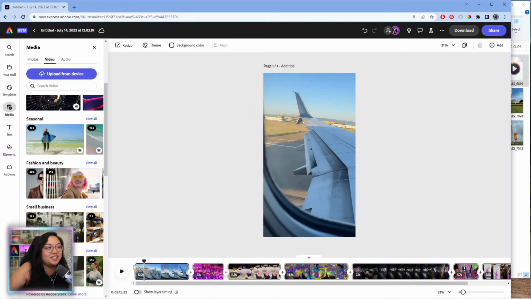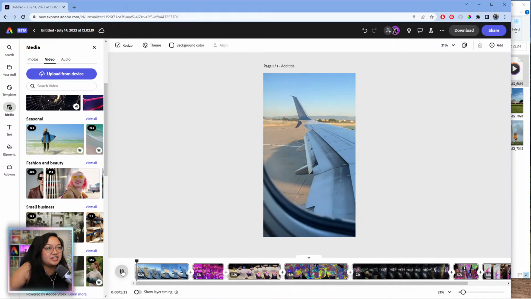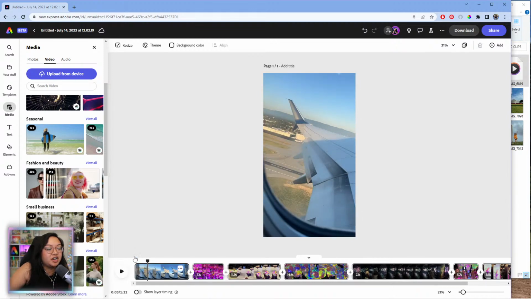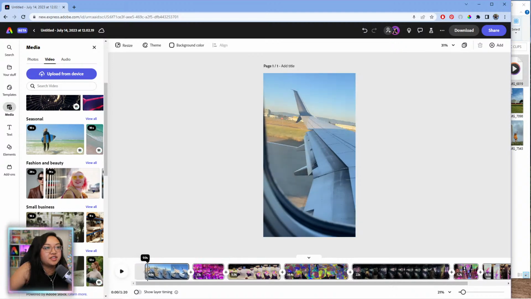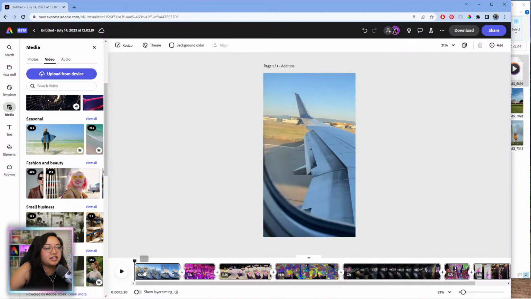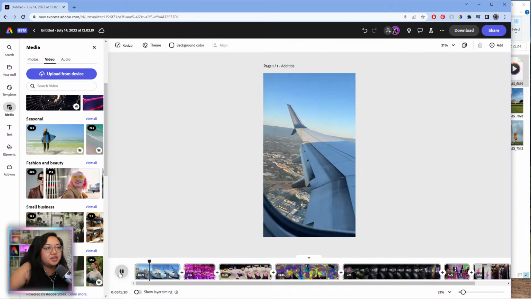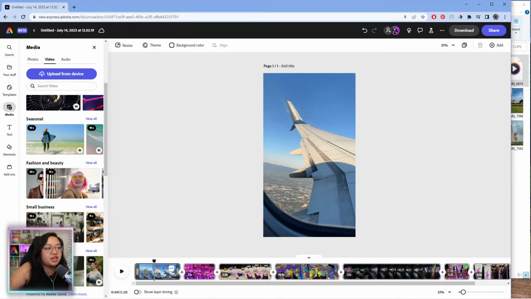That's like everything. Okay, so let's get this clip. This will be like the opening shot. Now to trim clips, all you have to do is click on or hover over the sides here, and then click and drag them in like this, and then it'll trim the clip for you. So we'll stop there, and then we'll trim this down.